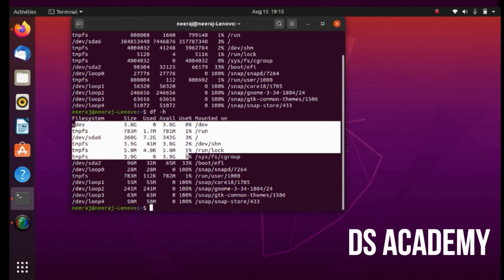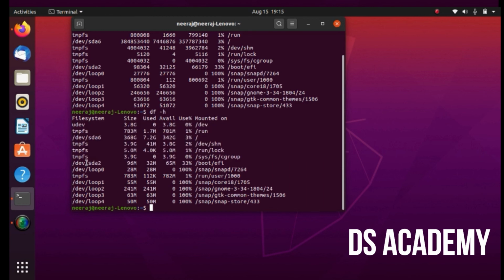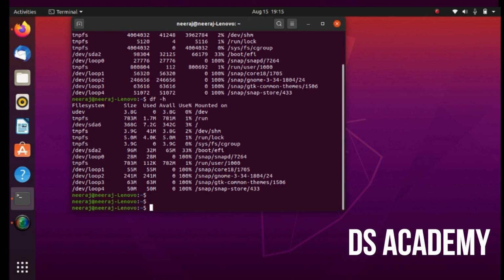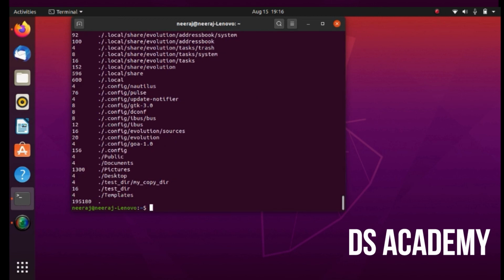I can see my directories, and it is showing me the size of this particular directory and available memory. I have some 368 GB memory, out of which only 7 GB is used. Here temporarily I have 783 memory, out of which 1 MB is used.